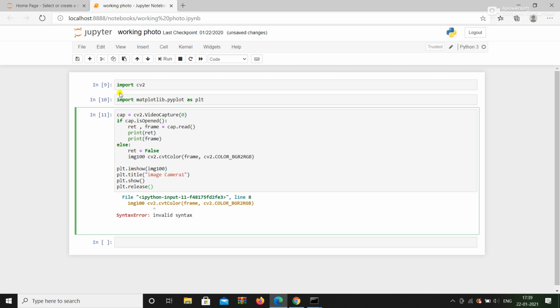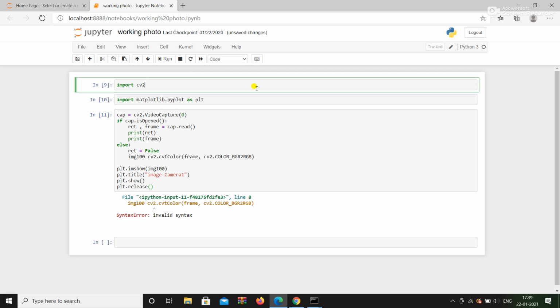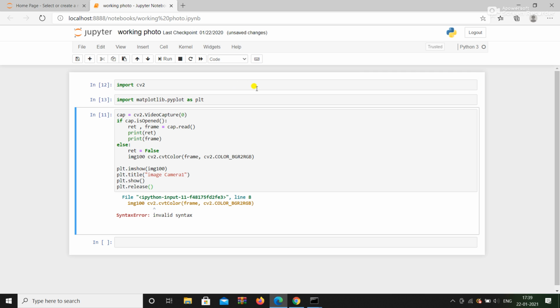Now my program is written. Now I go to run the program. I think there is an error in cvtColor, frame. Yes, I forgot the equal sign, sorry.